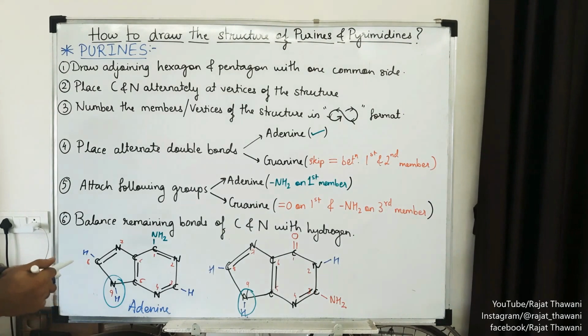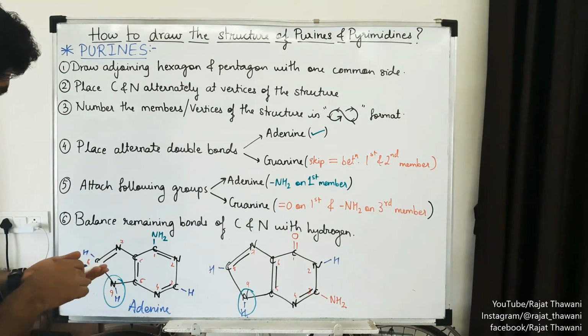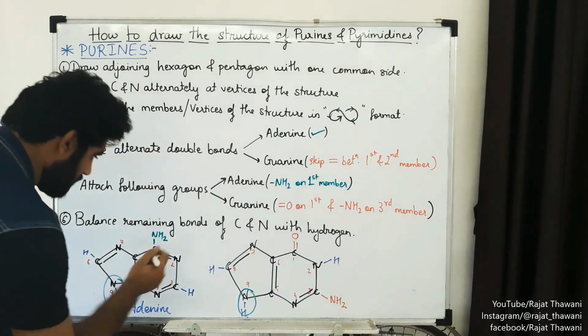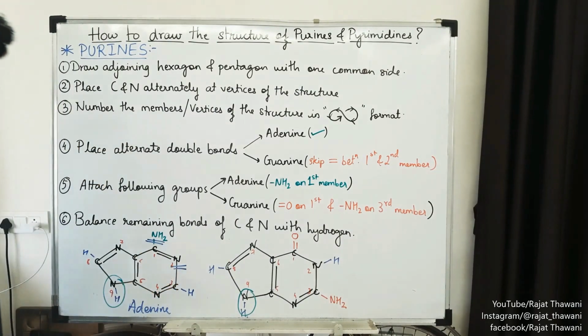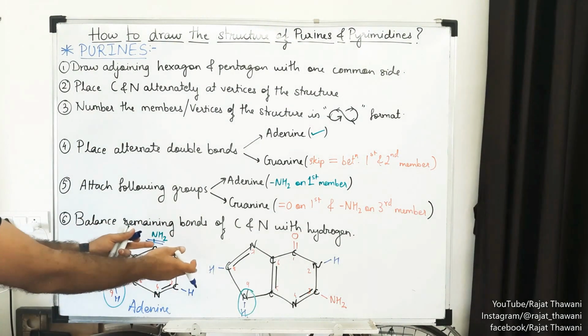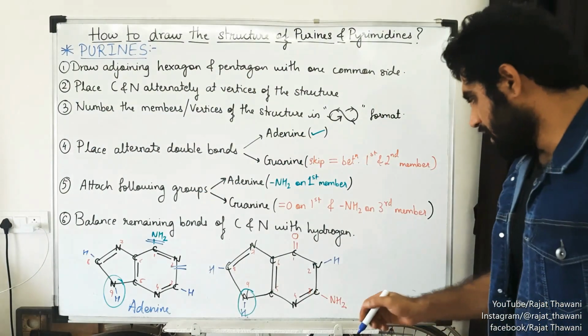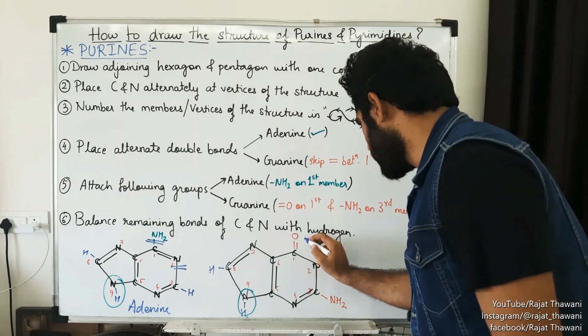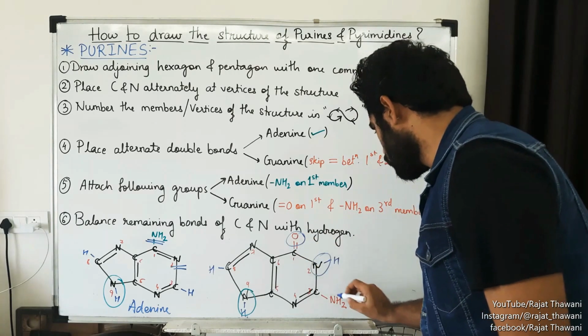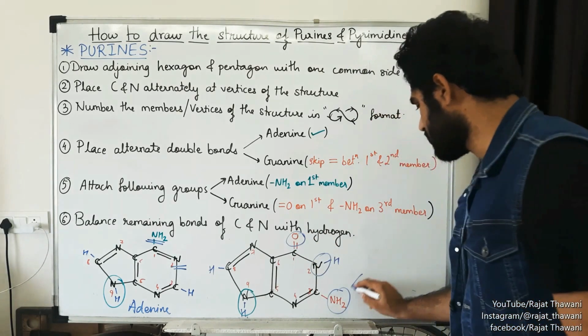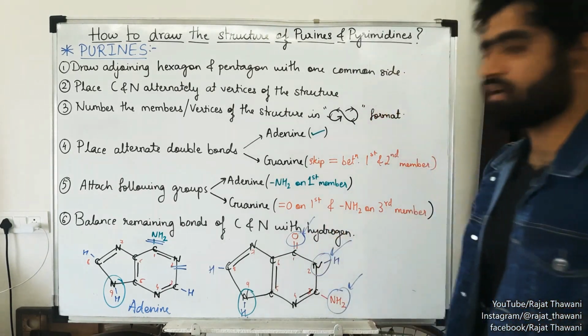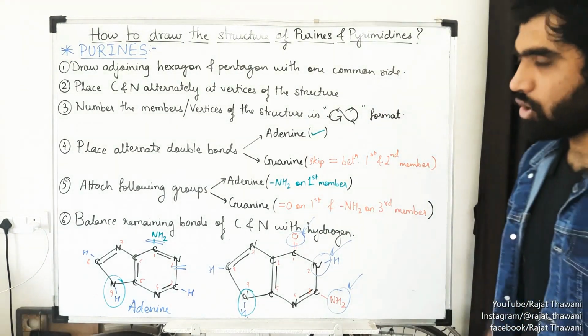Okay, and also the site of hydrogen bond formation here will be this and this. So double hydrogen bonds are formed with thymine or uracil, and here the sites are 1, 2 and 3. These are the 3 sites for triple hydrogen bond formation. Okay, so see the steps once again.